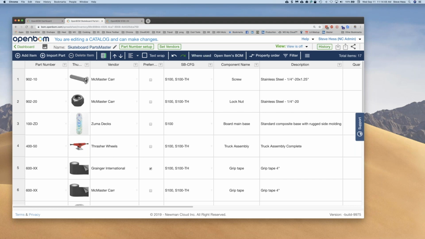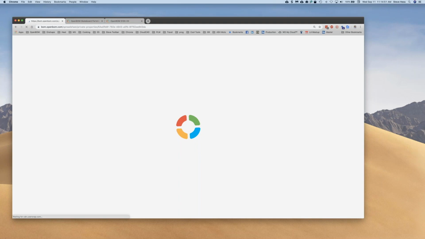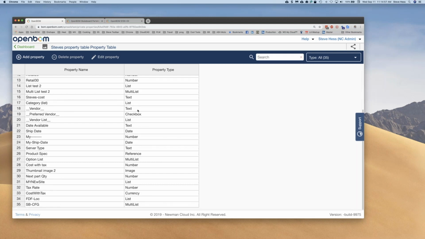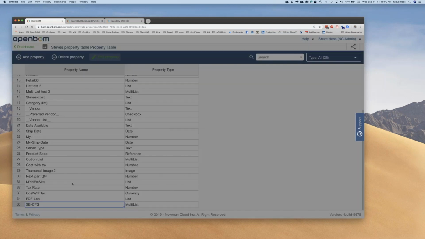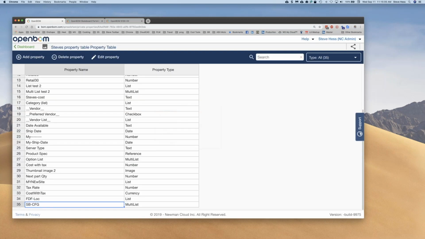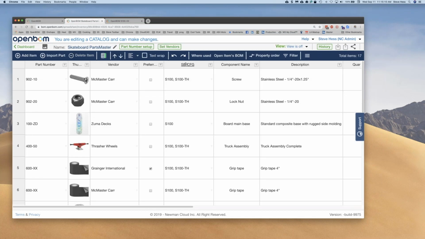In OpenBOM, there's a feature where you can create your own properties and add them. In this case, I did just that. I created a property called sbconfig, and I said that this property is a list and it has a couple of pre-populated values. So what I'm seeing now in my catalog or in my item master is an entry for sbconfig,